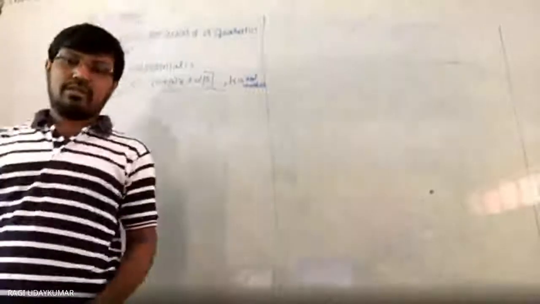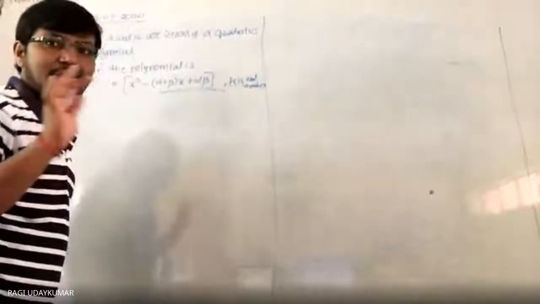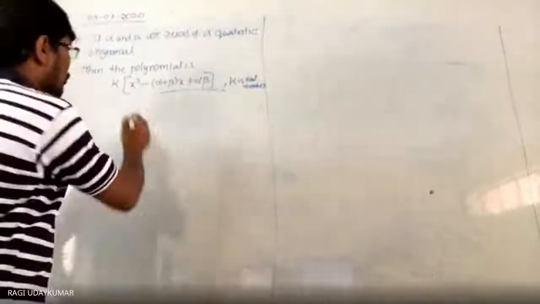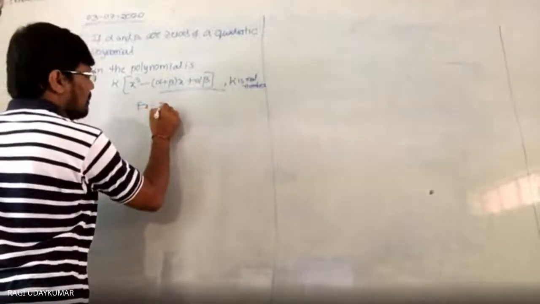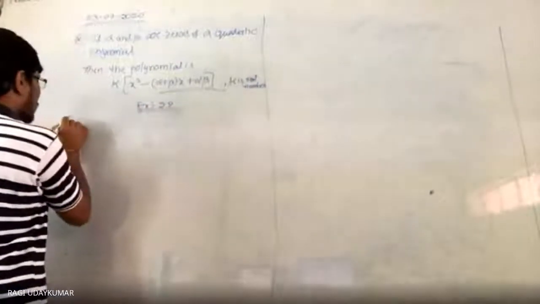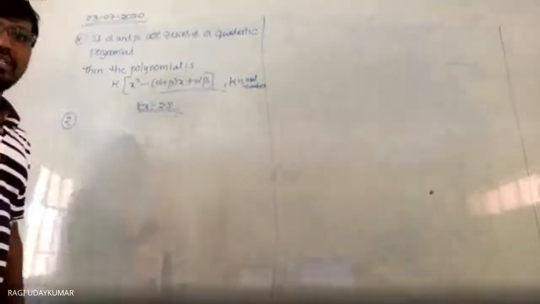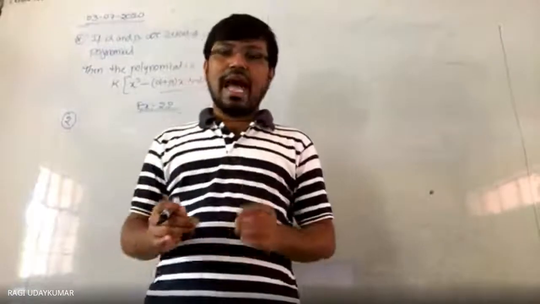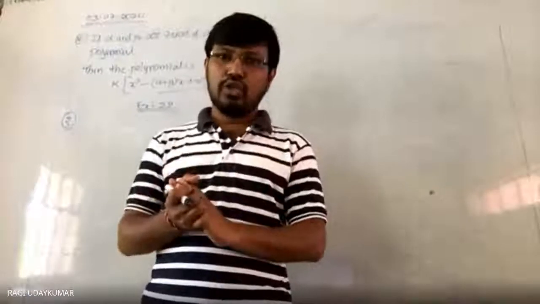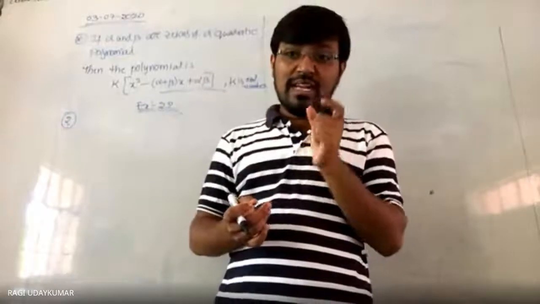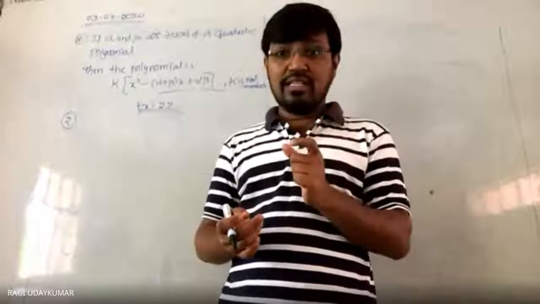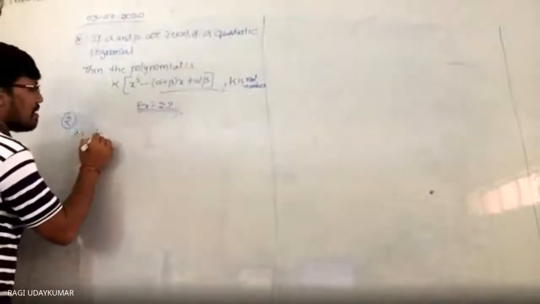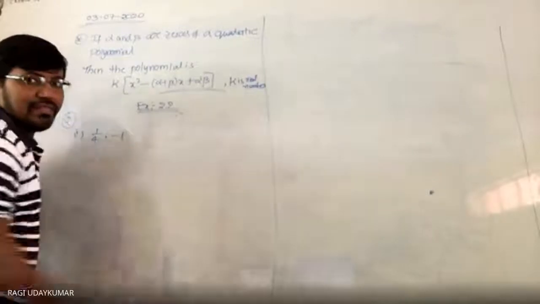will not change. So now, based on this only, you are going to have the second exercise completely based on this. So what do we take? Exercise 2.2, if you take, in that second problem if you see that, the question is: find the quadratic polynomial each with the given numbers as the sum and product of the zeros. So do remember that the first one is given to you as sum and the second one is given to you as the product of the zeros. So in that first question, if you see, 1 by 4 comma minus 1 is given to you.